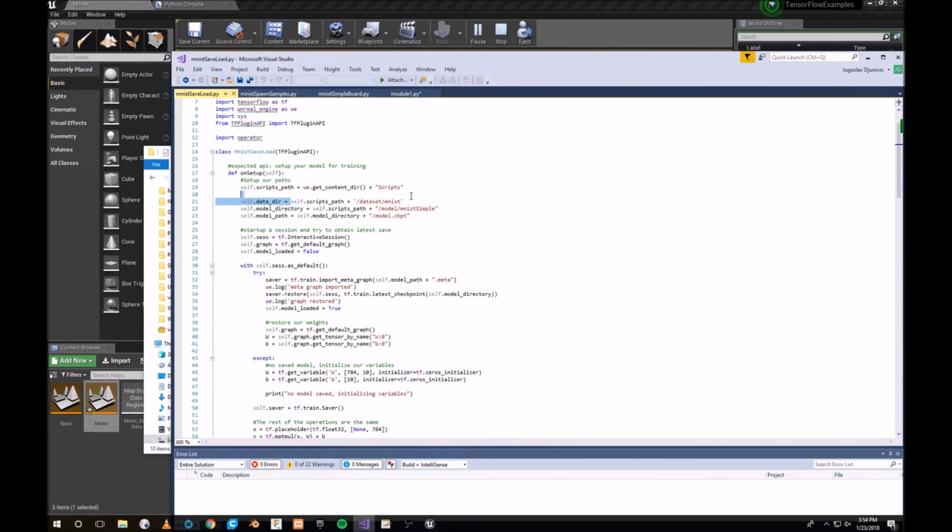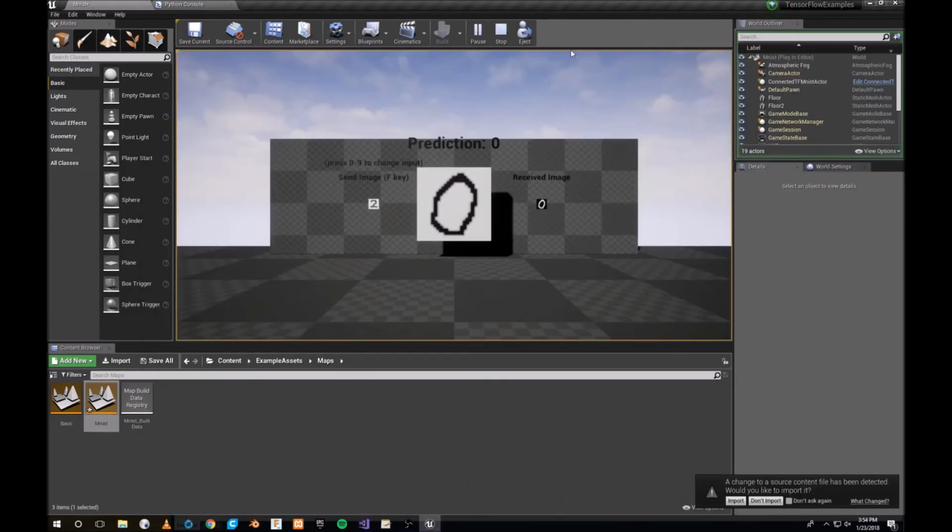Save. And so on. But basically, with these few tweaks, the examples are working, and you can be on your way